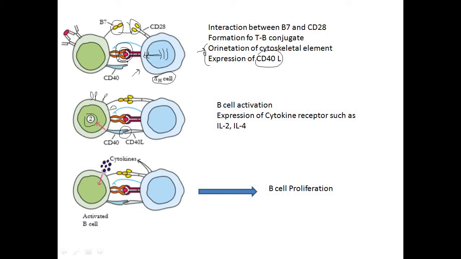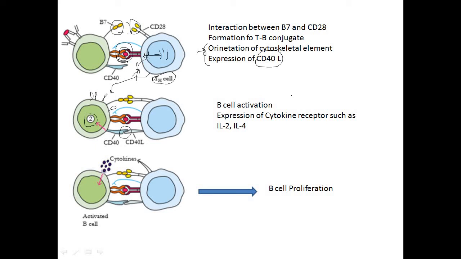So what is the function of this receptor? They will bind the cytokine molecules that will be released from this T helper cell. I have already discussed that this cytoskeletal element will start facing towards this direction, and once they face this direction, they will start releasing cytokines in this direction, and this cytokine will go and bind to this cytokine receptor. So B cells will get activated when this CD40 and CD40 ligand interact with each other. Upon activation of the B cell, the cytokine receptor expression will also increase.